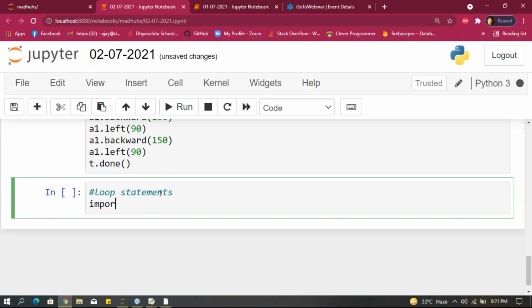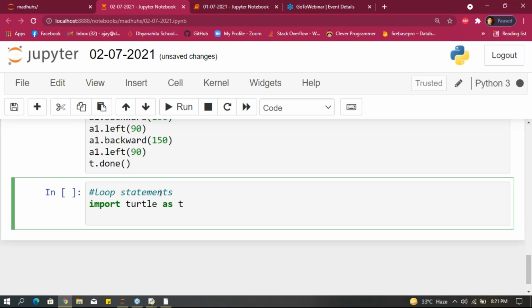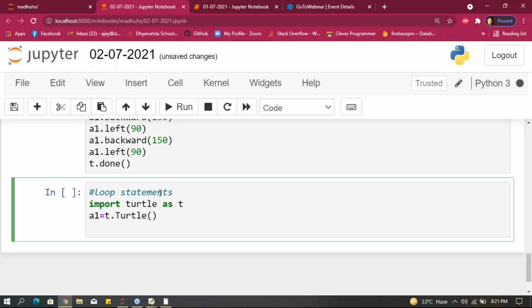First, what we have to do: import turtle as t. I'm giving a1 equals t dot Turtle, we have to give capital T. After that, using loops, I'm taking a for loop: for i in range 4, guys.